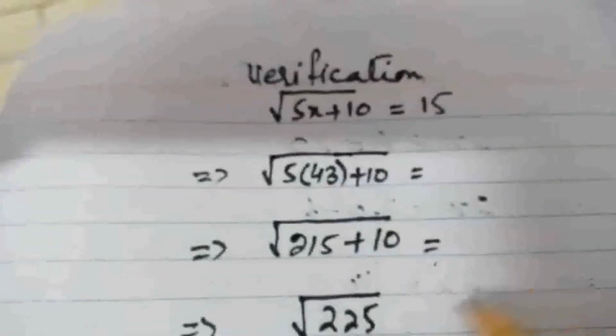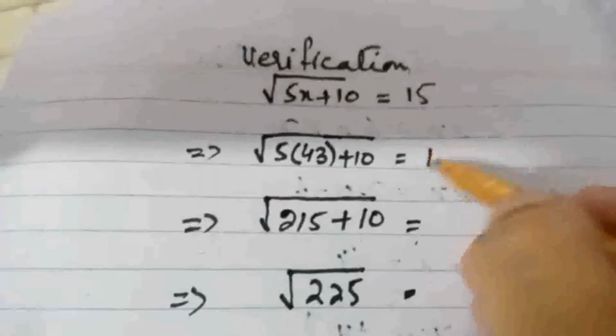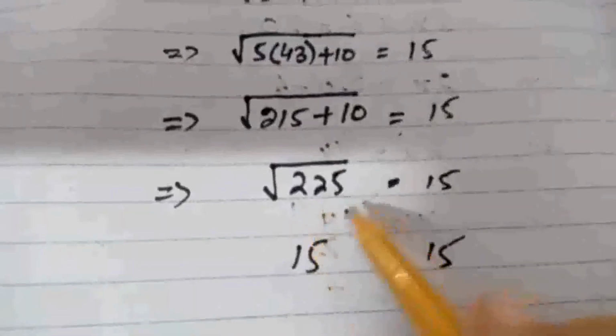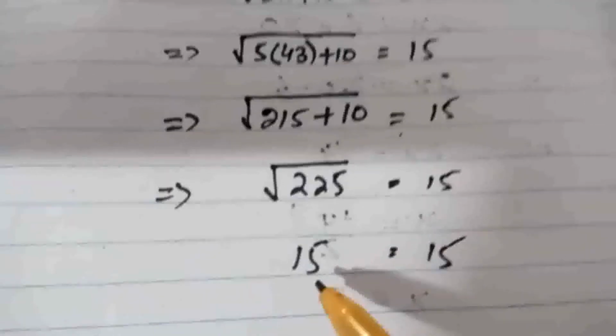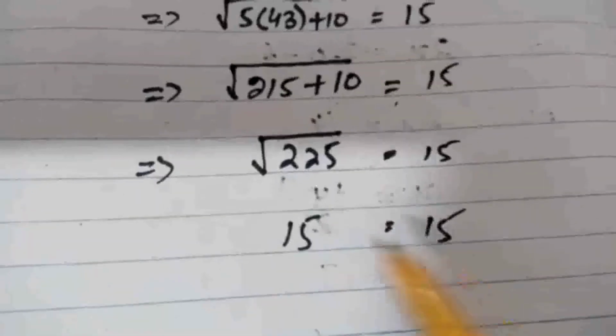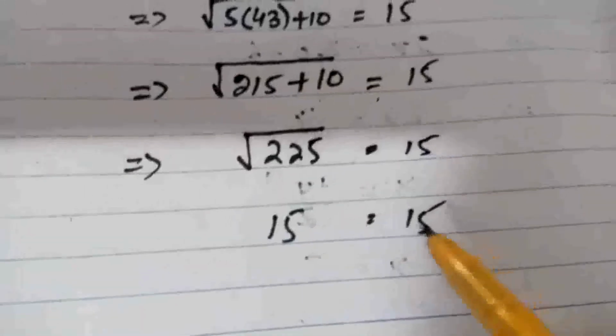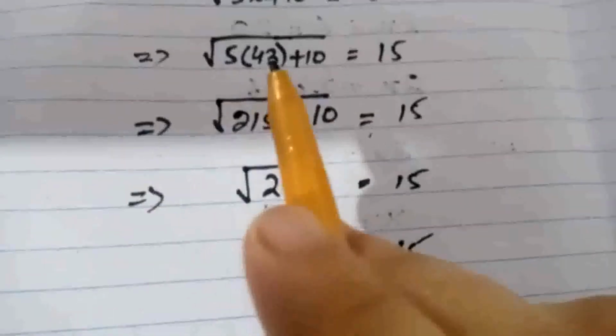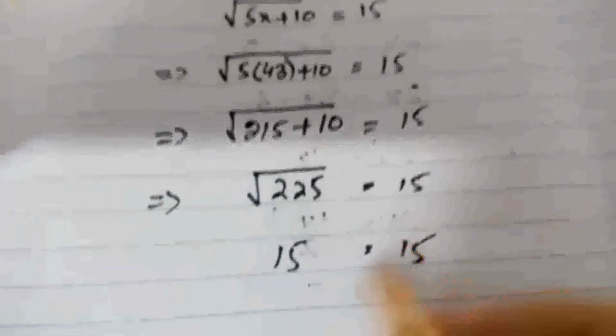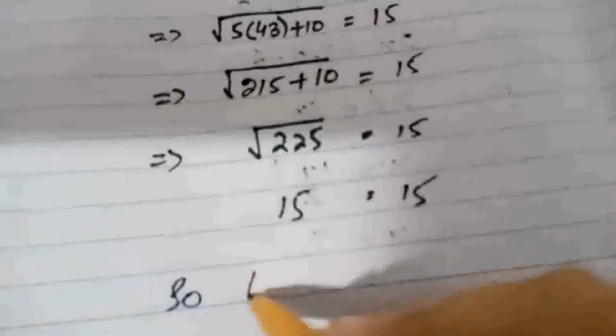Now again we work on the right side also. You see that 15 is already given on the right side. As you see that 225 is under the radical, so the root of 225 is what? 15. So we are getting the similar value on both sides. It means that the value of x, that is 43, is correct. So the solution